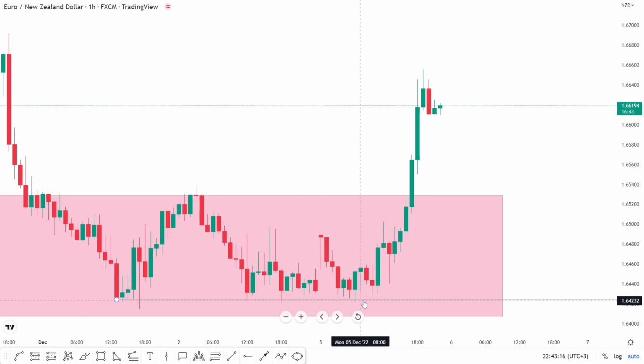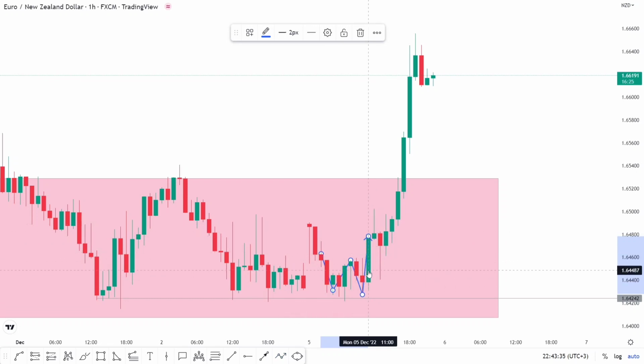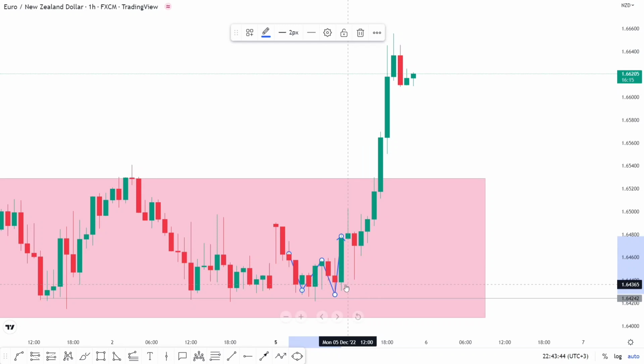I always wait for a bullish confirmation, which is a bullish momentum pattern or candlestick. Now, if you watch carefully, we had this pattern here. Price dropped, it went back up, dropped further, it went back up. Now, this candlestick here is a bullish breakout candlestick, which is also an engulfing candlestick. And the bullish breakout candlestick, which is also an engulfing, signifies strong buyers, or rather strong bullish momentum, right?